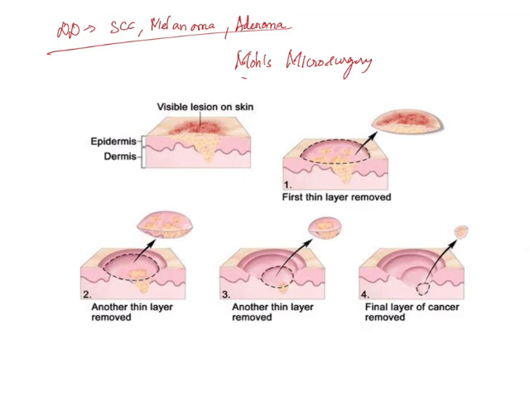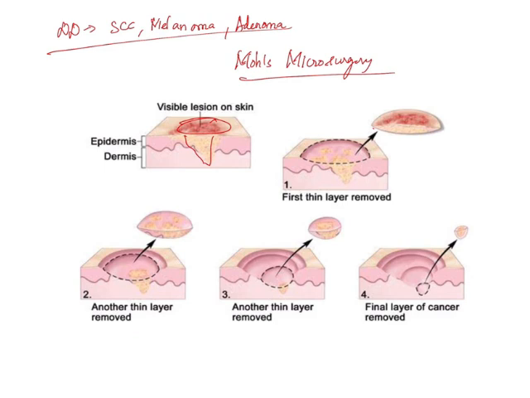Before, we were excising the tissues in toto, but nowadays this Mohs microsurgery has become very popular. What you do is a sequential debridement of the tissues, simply. So I will explain a few steps. First, after the area is numb from the LA, the doctor removes all the visible necrotic tissues. See, the visible lesion on the skin, right? The roots of the skin cancer may extend beyond the visible portion. We never know. We call it a burrowing ulcer, right? So we never know how the ulcer extends. So we remove the visible portion. If these roots are not removed, the cancer will definitely recur.